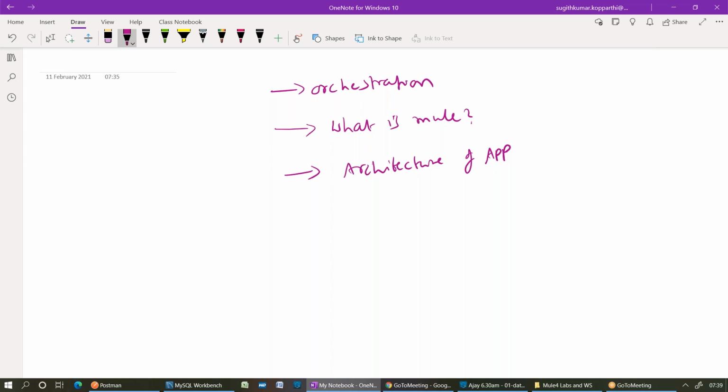Anypoint Exchange or Exchange, both are the same. How do we get that API to Exchange? We publish it from Design Center to Exchange. From Exchange, you can share to the public portal. Who can access the APIs from Exchange? Internal users, that means those who have an Anypoint Platform account. That's why we have a public portal, another application for external clients, right?